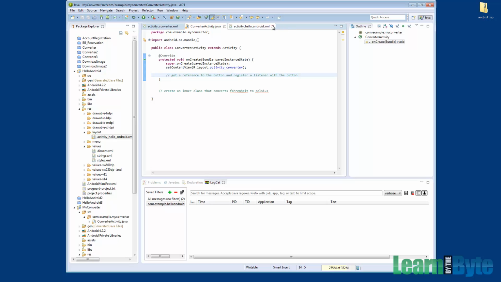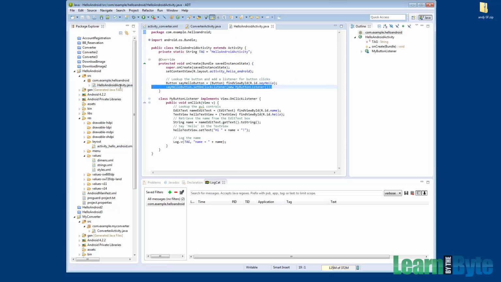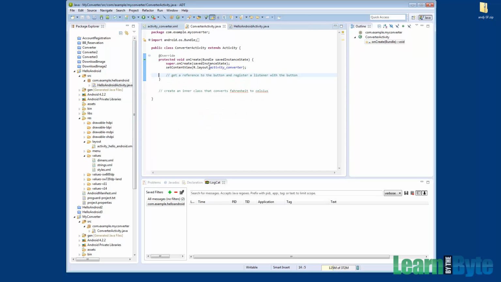Again, probably the easiest thing to do would be to reach back over into the Hello Android example and just borrow a little bit of code here, right? We need to do a findViewById to get our button. So let's grab that code. And so we'll say we have a button. It's going to be the convert button. I'll rename it here. And R.id, I think it was called convert. I'll type in con and hit Control Space, and Eclipse knows what's already out there and fills it in for me. All right, well, my button is called convert button, and I want to register with it a listener,